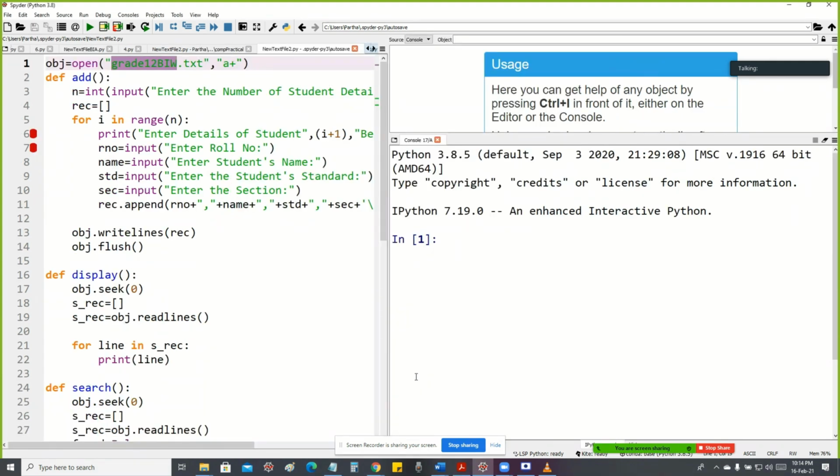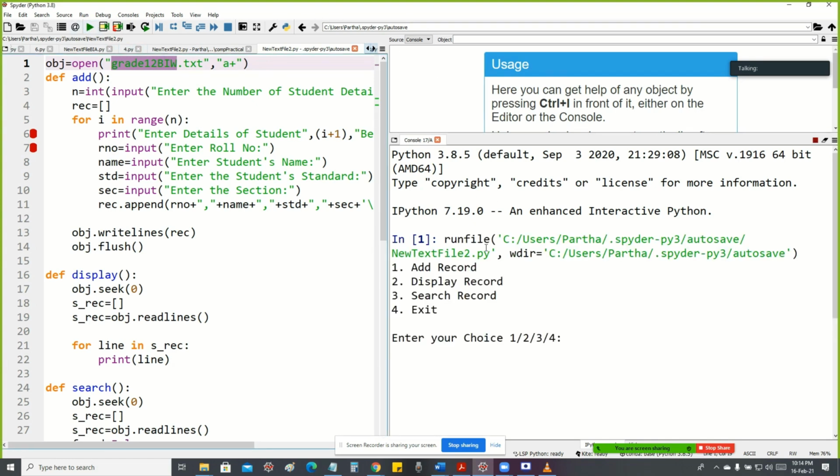Now I'll show the output, students. Please observe carefully. The four options will be displayed on the screen: option number 1 add record, option number 2 display record, option number 3 search record, and option number 4 is the exit option. Enter your choice 1 2 3 4.